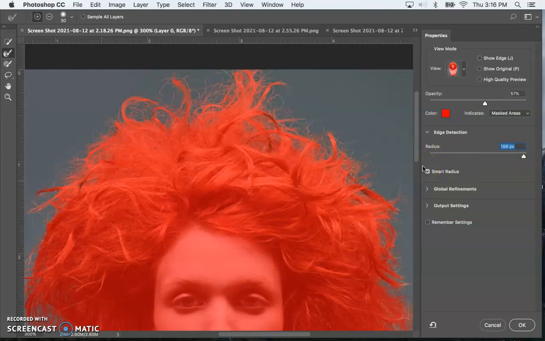It might just take a second. It might start getting pixelated. I'm sorry, my computer's kind of slow right now. I'm going to bump it down to about 30-ish and have the Smart Radius on, and I'm going to hit